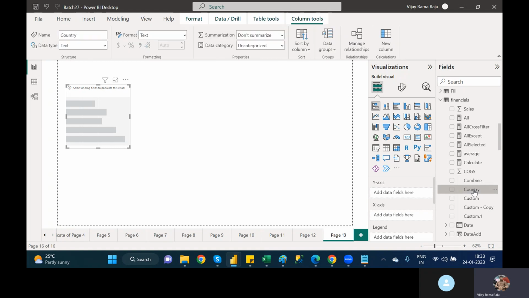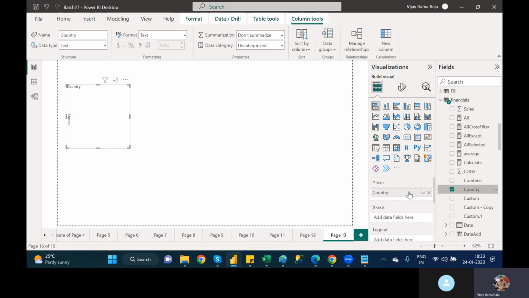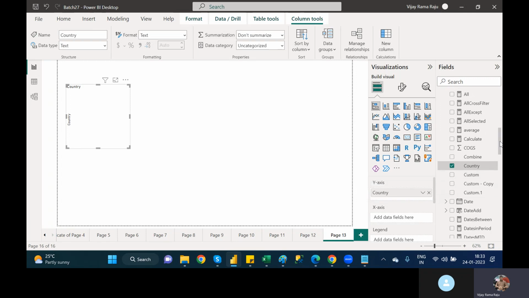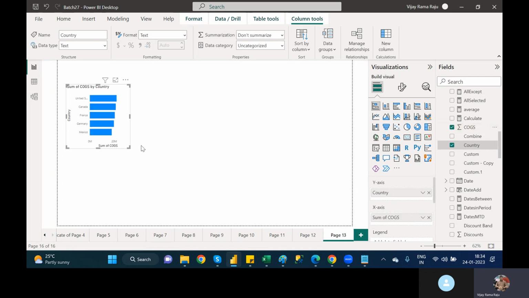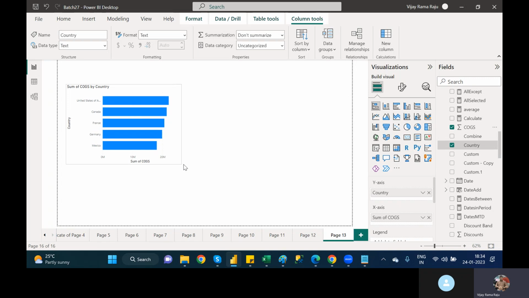Suppose a country column is there. I am putting the country column in the y-axis. That means under that particular country, what values are there? Those values are represented in the y-axis. But actually, Vijay, why are the country values not showing? So you have to put the x-axis column also. Then only the complete visualization will show. Suppose I am putting the COGS value in the x-axis. See here, that means in the x-axis,